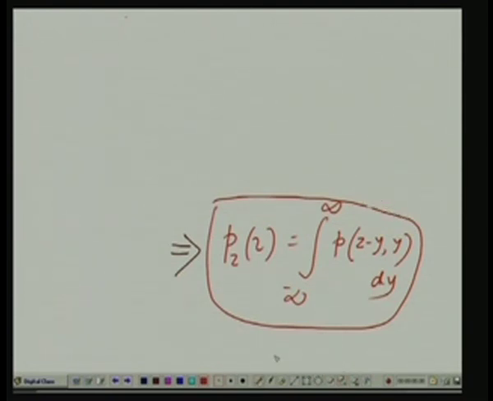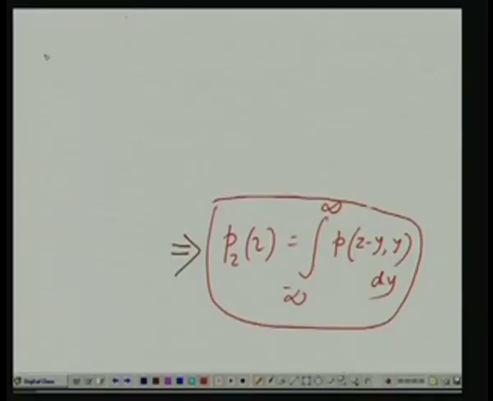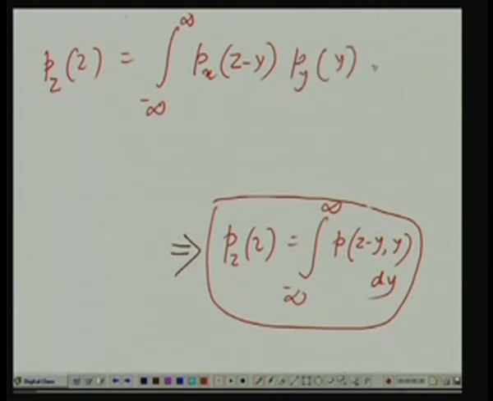Suppose x and y are also given to be statistically independent. In that case, the joint probability will be what? Product of individual probabilities. If that be the case, what happens to P z z? It just becomes an integral like this. P x, the subscript x now denotes that I am dealing with the probability density of x alone, and P y y dy. All of you know that this is a convolution integral, the famous convolution integral which occurs in your signal